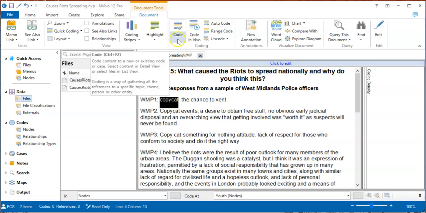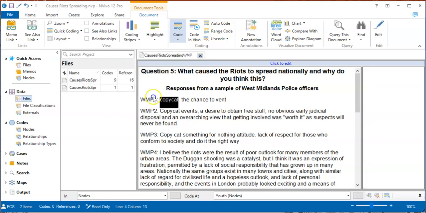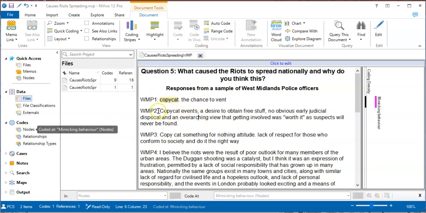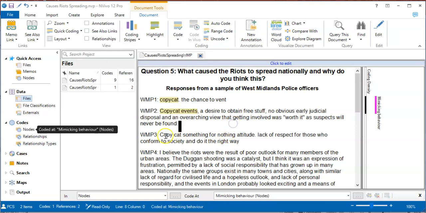So let's go into code, and that was mimicking behavior. So again, we've got copycat, and then that one is going to be mimicking behavior again, top one, and the third one, copycat,